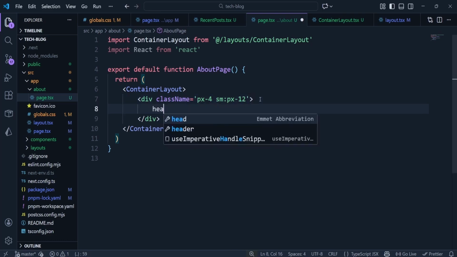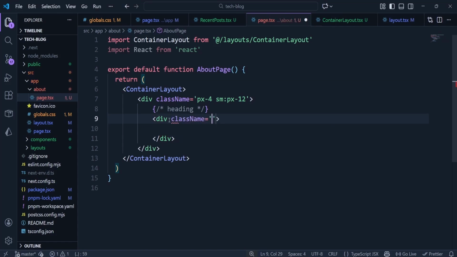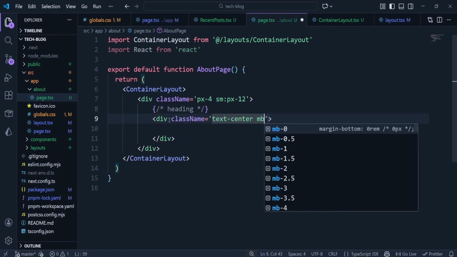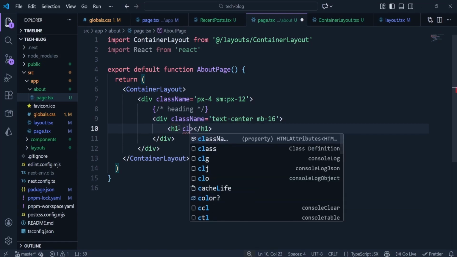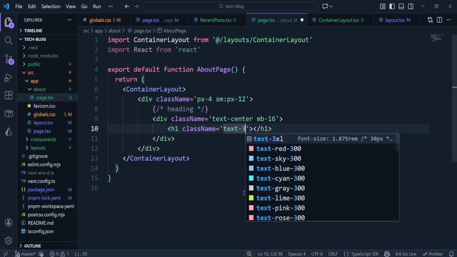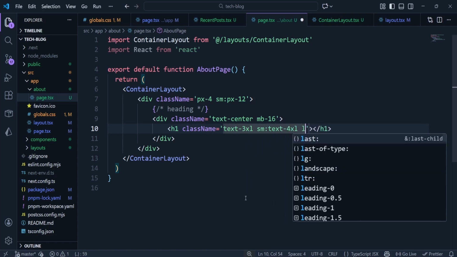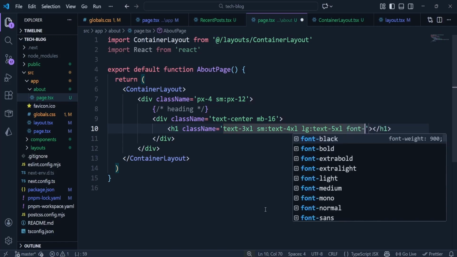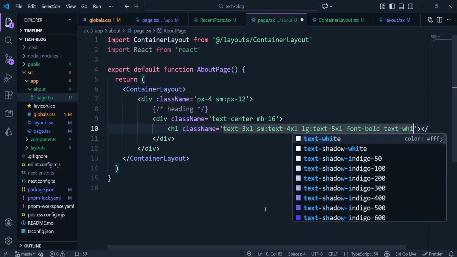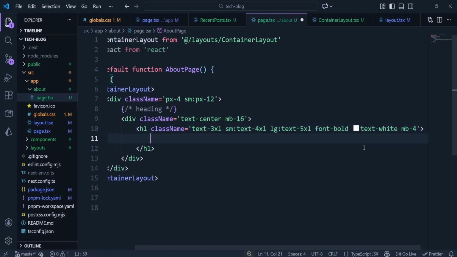After that, we're going to create the heading. For that, I'll create a div down here. I'll give this div a Tailwind class of text-center, margin bottom of 16. And after that, I'm going to output an h1 tag, which I'm going to give a Tailwind class of text-3xl. For small screens and above, text-4xl. For large screens and above, text-5xl. A font of bold, a text of white, margin bottom of 4. And inside this h1 tag, I'm going to output about